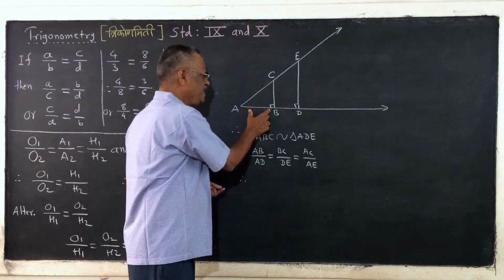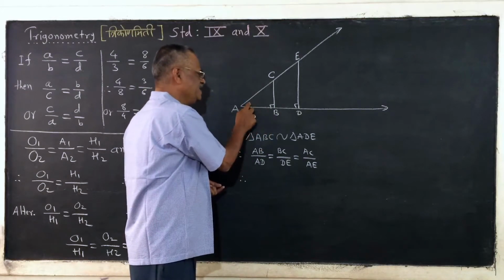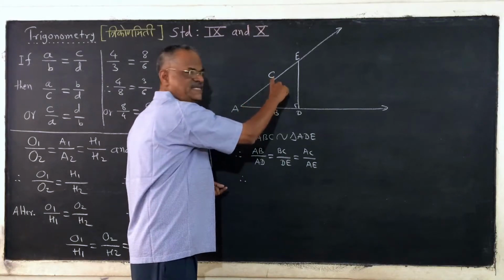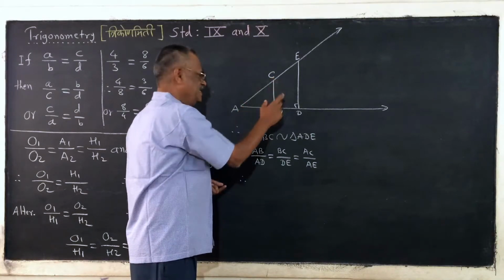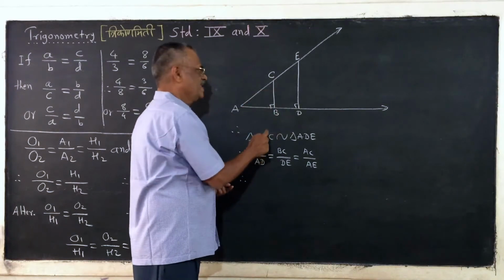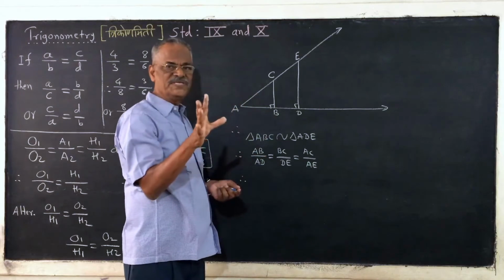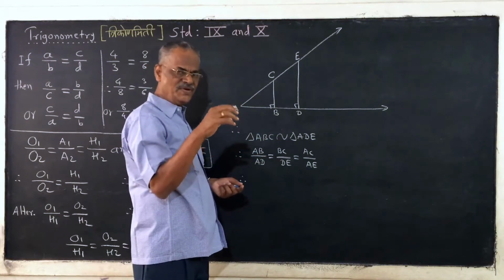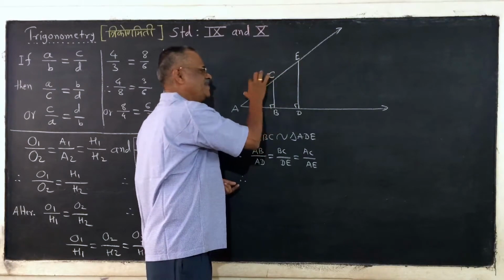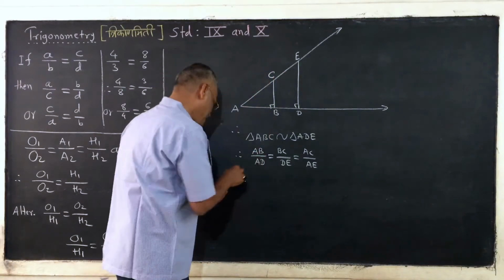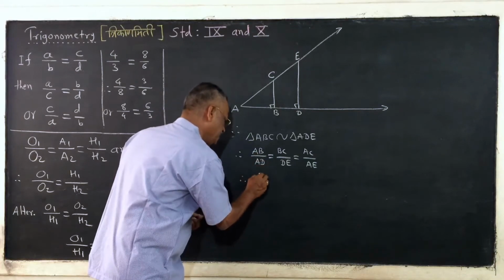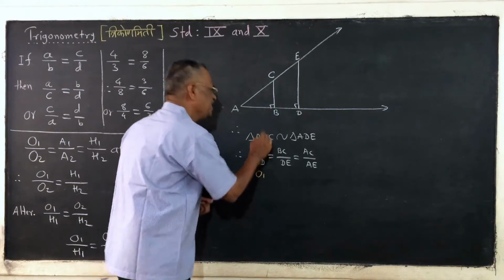What is the side AB? Let us call that side adjacent to angle A. Side BC is opposite to angle A, and AC is the hypotenuse. So we can try to use that adjacent, opposite, and hypotenuse. In the first line,